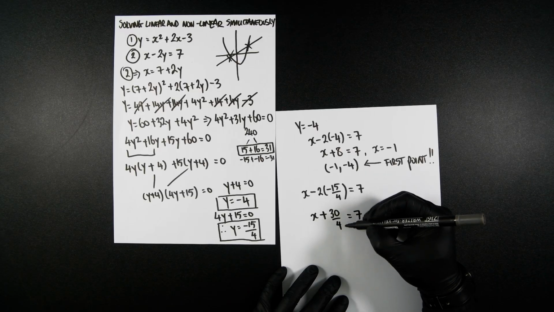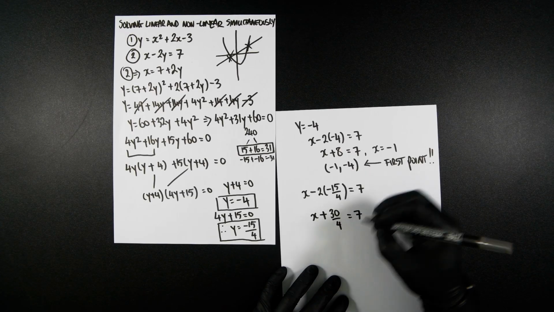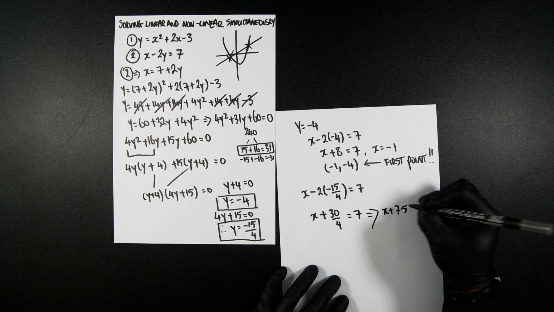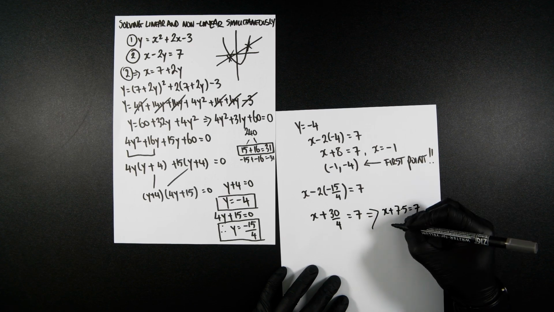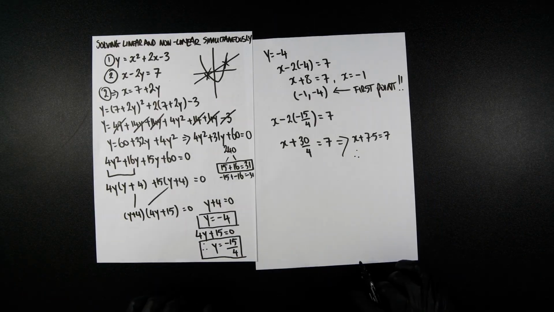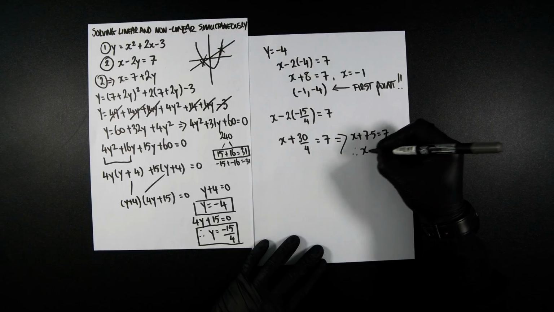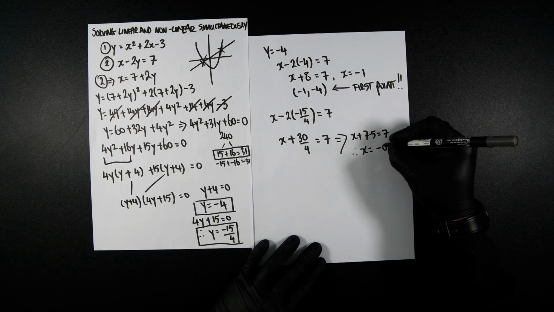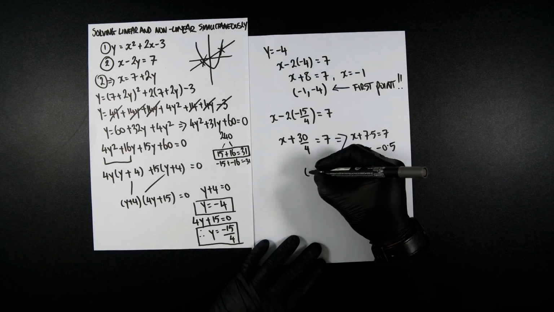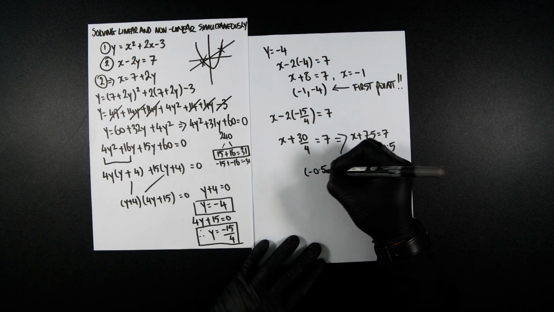This is the same as 7.5. So this would be x plus 7.5, which equals 7. So therefore, if you subtract 7.5 from both sides, you're going to get x equals minus 0.5. So the second point is minus 0.5,